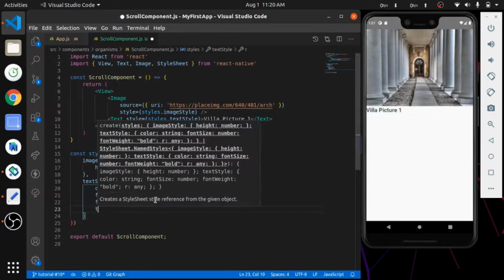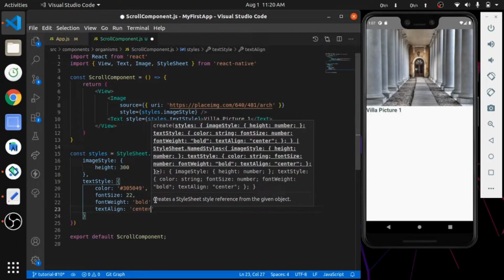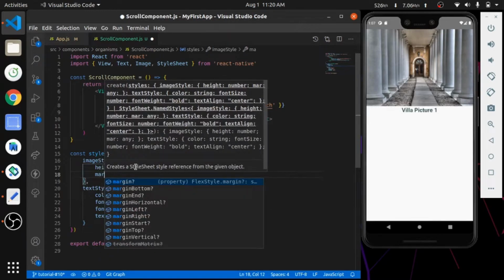Text align center, and giving margin to the image.